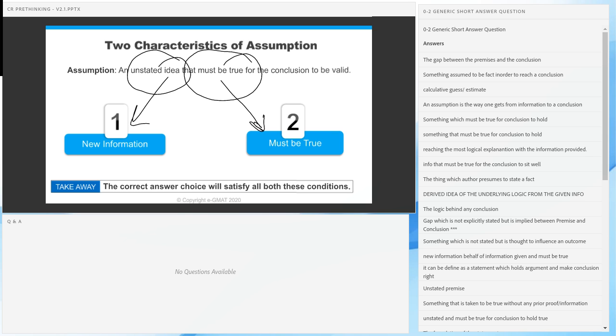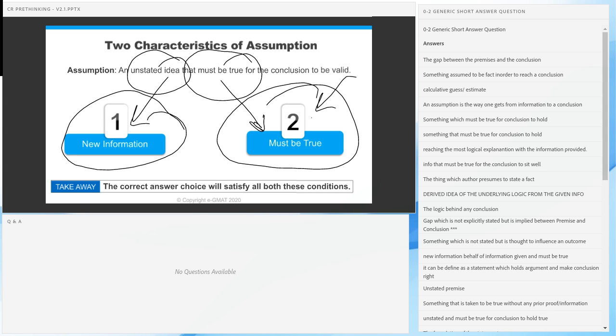This is the fundamental definition of what an assumption is. Now, 95 to 96% of your questions play on this aspect of it, but 2 to 3% of questions also play on this aspect. We're going to see one question that also plays on number 1, but pretty much our focus is going to be on number 2 because that's kind of where more of the fun is. Okay.